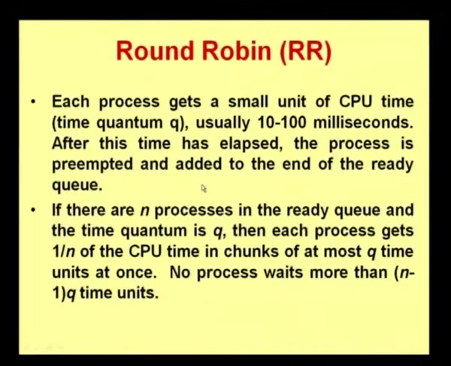So, this was seen in the earlier session. And then the next algorithm was the round robin algorithm. In the round robin algorithm, it works with a time quantum. What do you mean by time quantum? The CPU will allocate one specific time quantum. Say, for example, if it allocates 4 milliseconds, and if your process 1 takes 24 milliseconds of burst time, then process 2 takes 3 milliseconds to complete, and process 3 takes 3 milliseconds to complete,